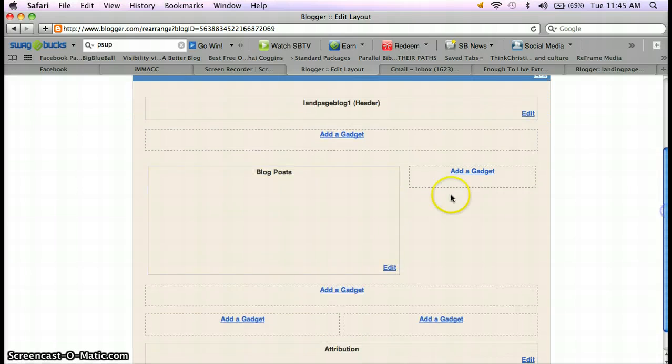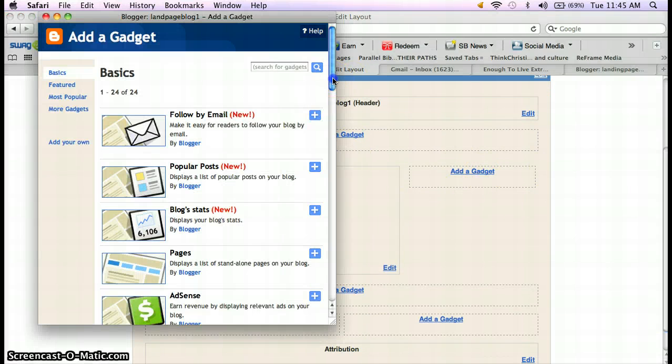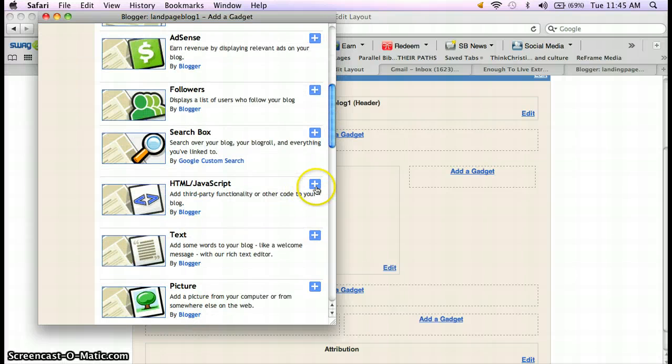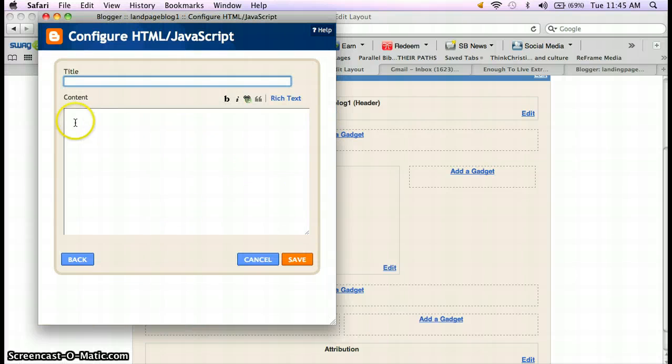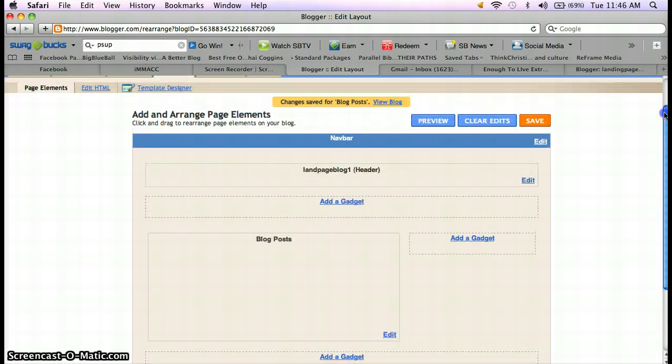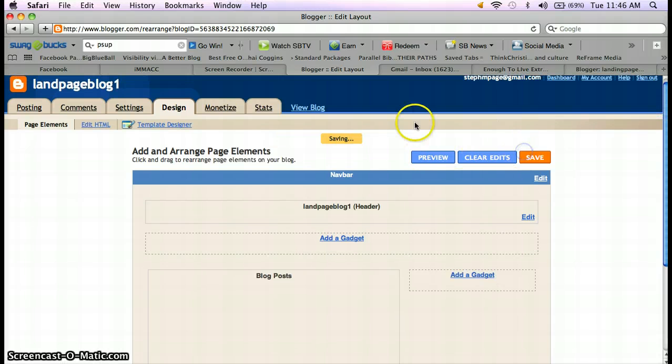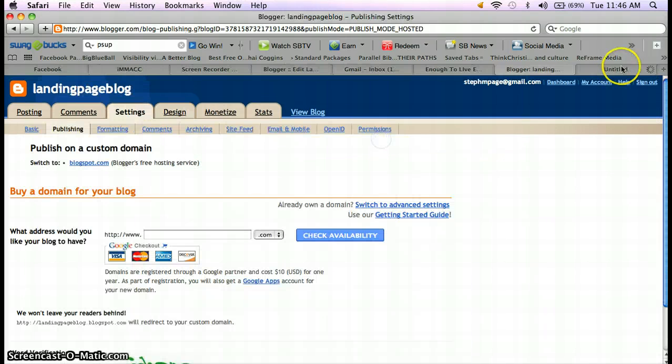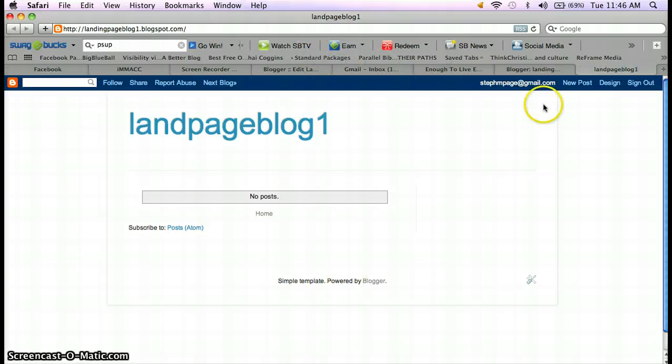And then what you'll do is to add your GetResponse on the side, you will add a gadget. You're going to want to add an HTML gadget here. And this is where you will paste your HTML from GetResponse or whatever your autoresponder is for your opt-in form that you would have created in your autoresponder. And you would hit save. Let's just save everything, and then we hit view blog. And you'll notice it looks exactly like